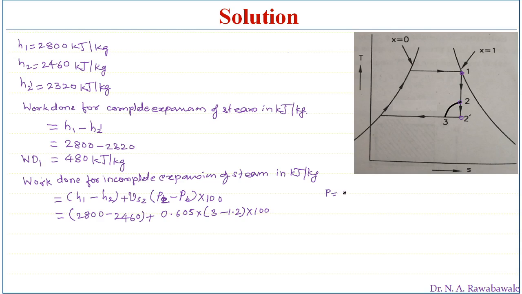So for example, 3 into 10 to the power of 5 divided by 1000 to convert it into kilonewton, so the 1000 and 5 get cancelled, remains 2, meaning 3 into 100. Converting this bar into kilonewton per meter square, multiplied by 100. So now on simplification, we get the work done as